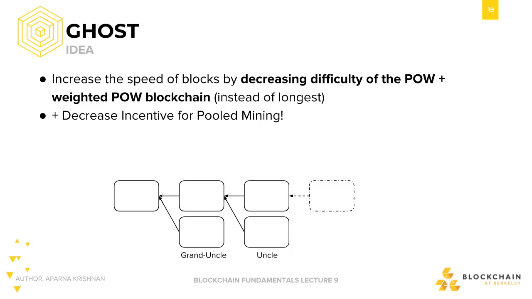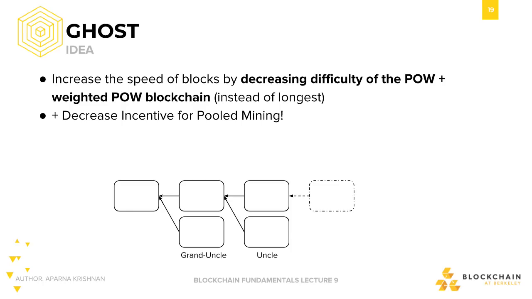But what we're going to do is decrease the difficulty of proof of work anyway, but then look at something other than the longest chain. So they did change a fundamental detail that we had always referred back to. Instead of the longest chain, now they look at the heaviest weighted proof of work chain, the difference being they include those orphan blocks called uncles. Okay, and then